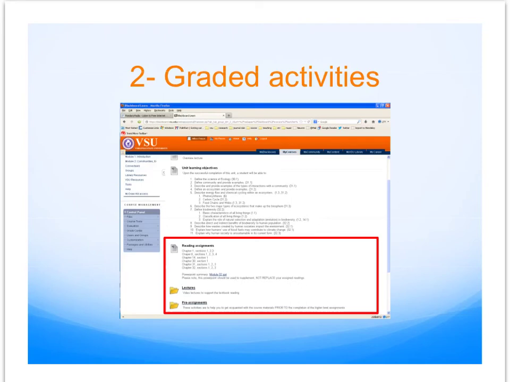on Saturday. One thing to note with the reading assignments is that we also do include a summary PowerPoint. Please note that PowerPoint is to supplement your reading, to help you to see some of the important stuff, to pull out some of the important videos, but it is not to replace the actual assigned reading, so you actually do need to do all of the readings that are assigned.